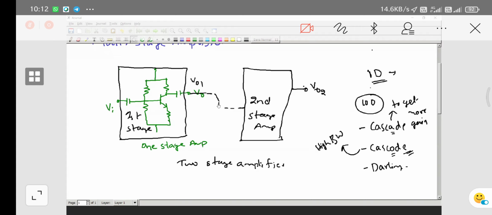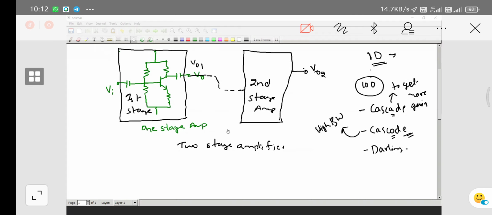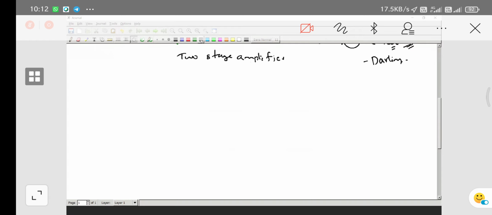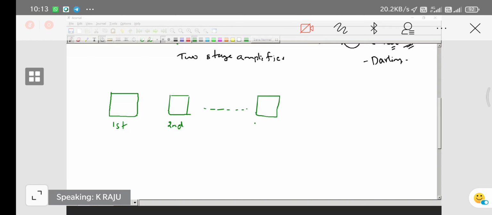If you take this on the screen, it is only a two-stage amplifier. If you go for a multi-stage amplifier, an example is the first stage amplifier, and this one is the second stage amplifier, and so on. Like that, we are having the n stage amplifiers. This one is the n stage amplifier. Okay,